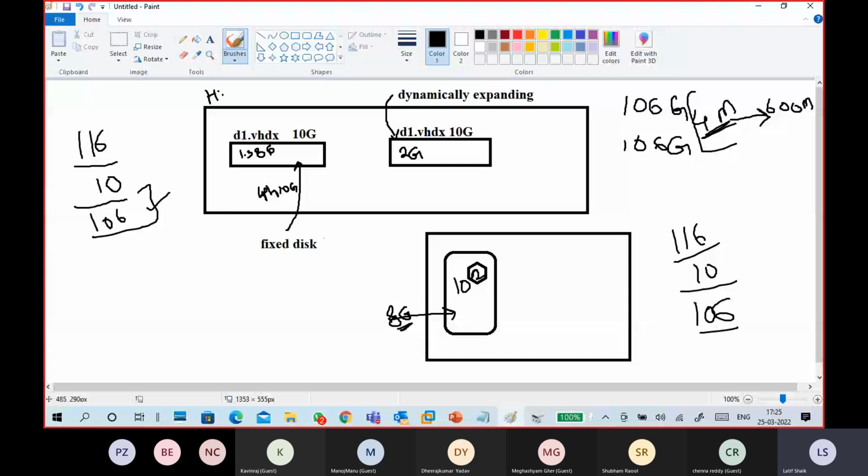Unlike your fixed hard disk. A fixed hard disk occupies the space starting only. A dynamically expanding disk never expands, meaning it never occupies the space at the start. Okay, it maintains the same space only, meaning free space stays like that. So when you put data inside of this